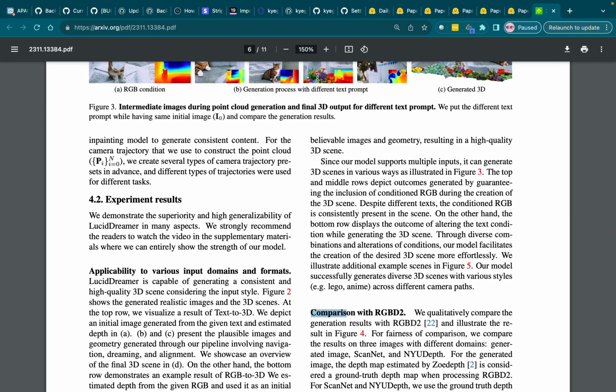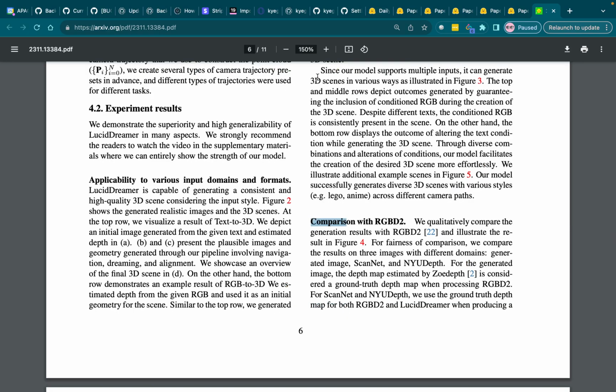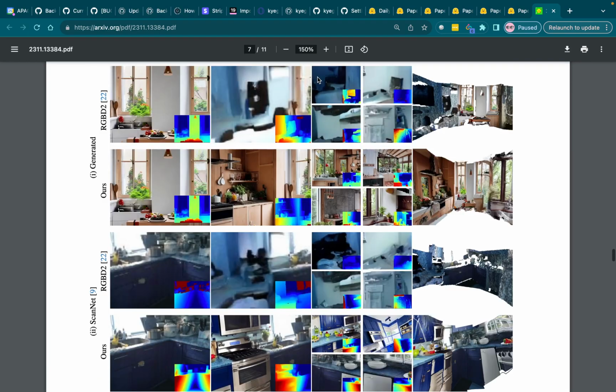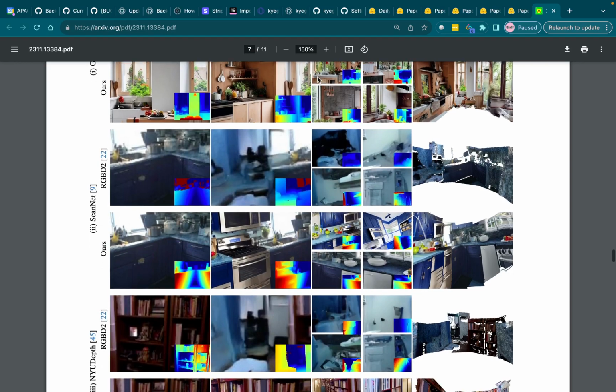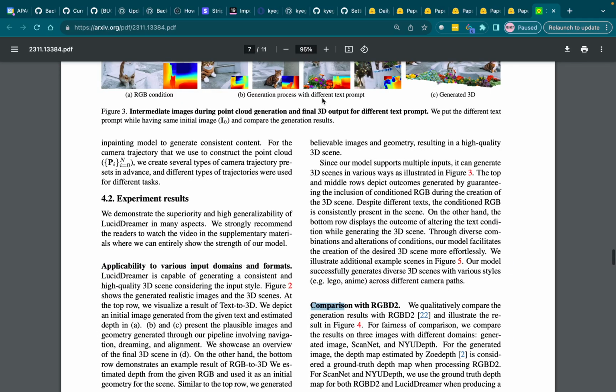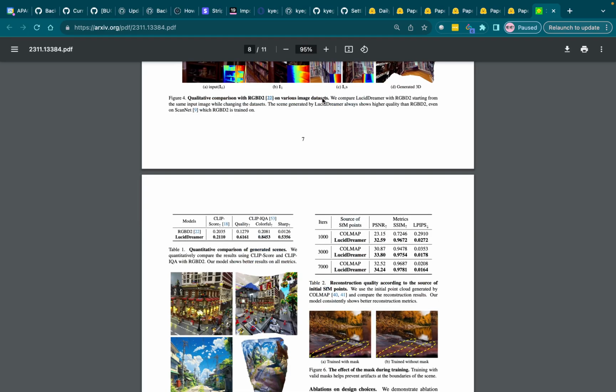Comparison with RGB-D2. We qualitatively compare the generation results with RGB-D2 and illustrate the result in Figure 4. For fairness of comparison, we compare the results on 3 images with different domains: generated image, ScanNet, and NYU depth. For the generated image, the depth map estimated by ZoeDepth is considered a ground truth depth map when processing RGB-D2. For ScanNet and NYU depth, we use the ground truth depth map for both RGB-D2 and LucidDreamer when producing